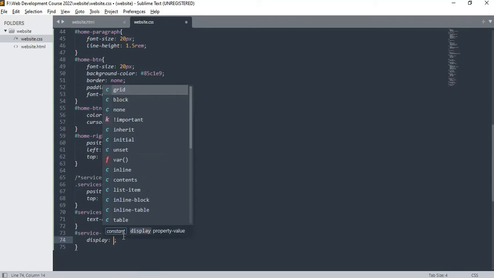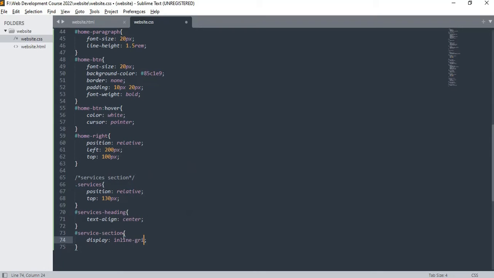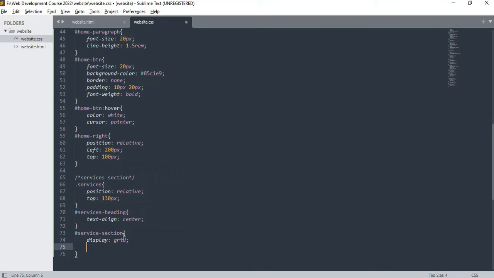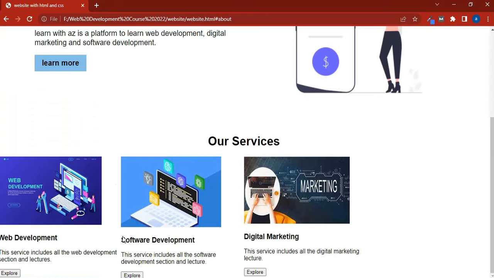So I write display grid and grid-template-columns. I write 25%, 25%, and 25%, that is a total of 75%. That is our three columns here. If I reload, now you see this is in 25%, 25%, 25%, and